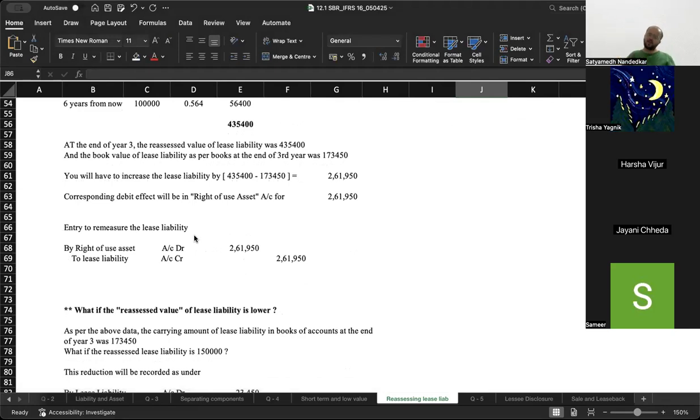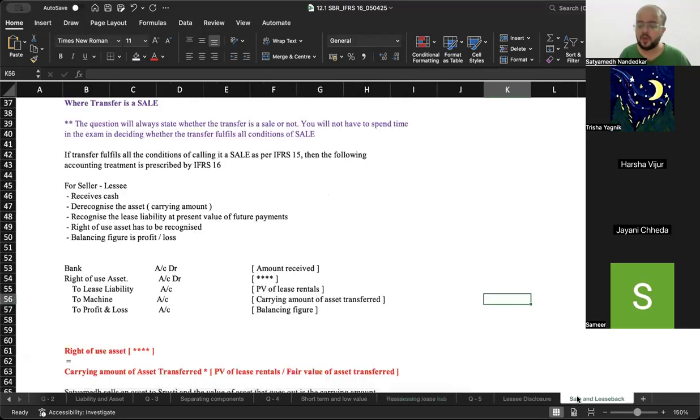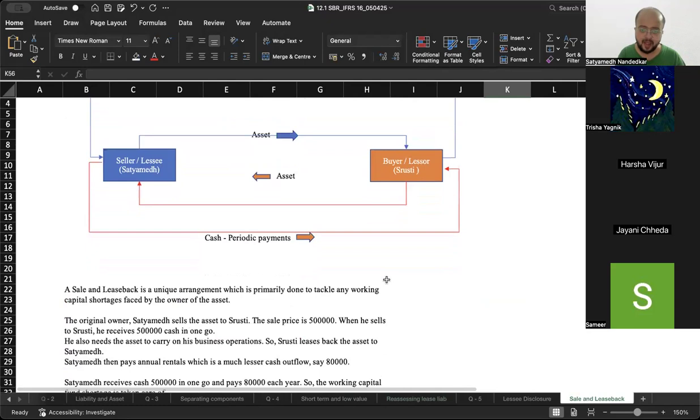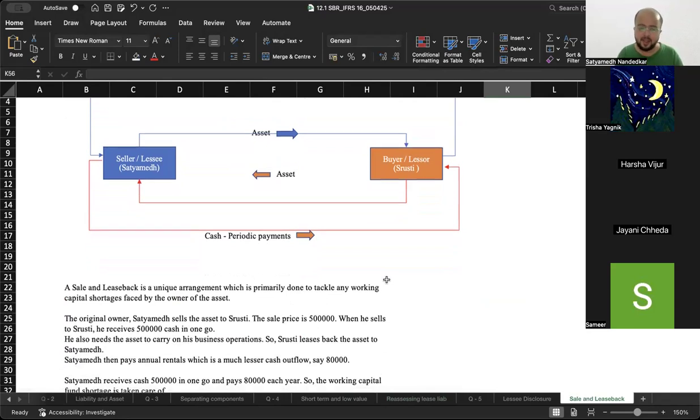Increase the right of use asset or the lease liability. Now let anything change. Let the lease term change, let the rental change, let the discount rate change, let anything change. This is how you are going to tackle such a modification or change in the terms. Okay. Now, one important point that you need to remember from the lessor's point of view. Okay, whenever there is a sale and lease back, sorry, from the lessee's point of view, not lessor, whenever there is a sale and lease back and the transaction is recognized as a sale, then in that situation,